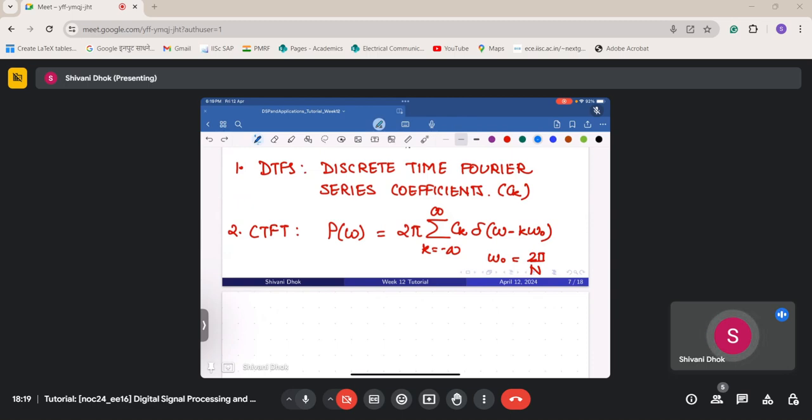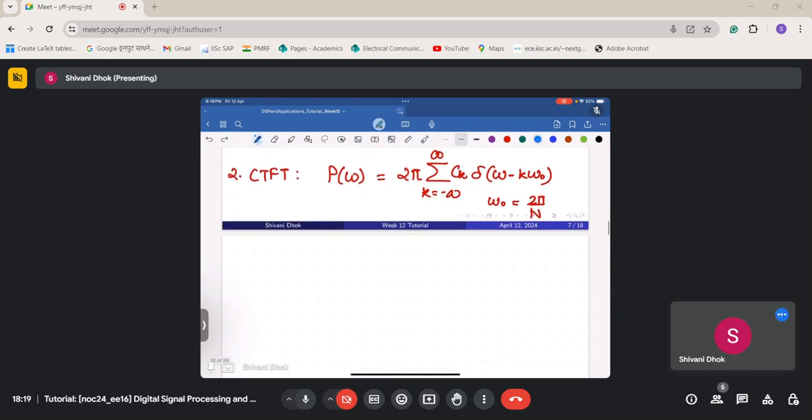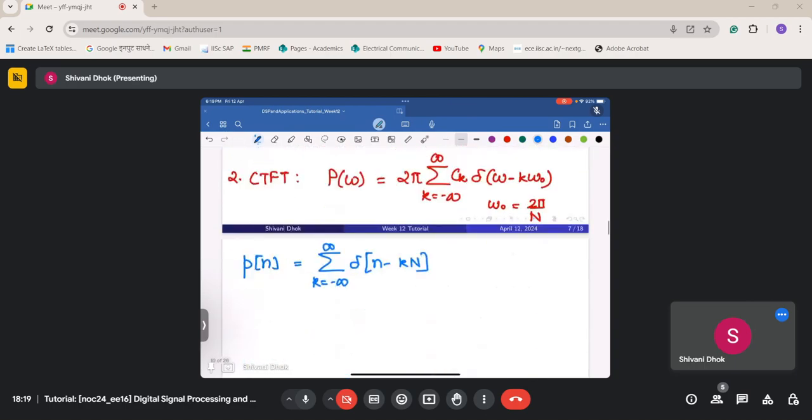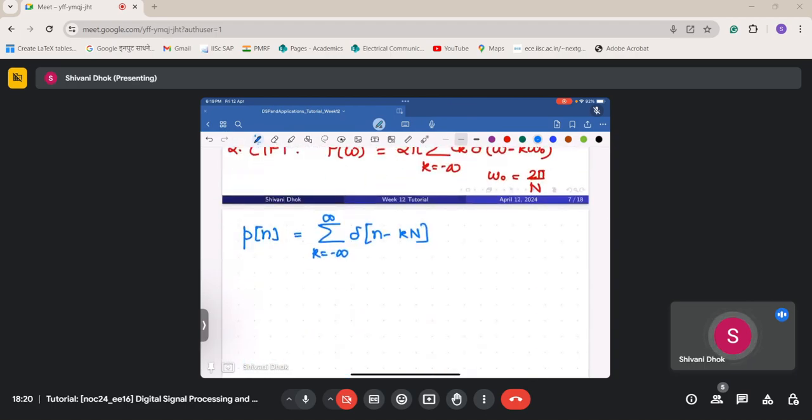So now let us first figure out how these Cks look. So we are given that this train of impulse P of n is summation k running from minus infinity to infinity delta n minus kN, which means that from minus N by 2 to N by 2, let's assume that N is an even integer. If it is not, we can adjust the upper and lower limit